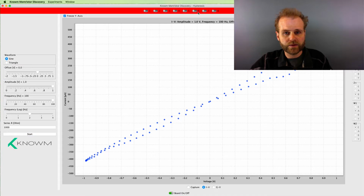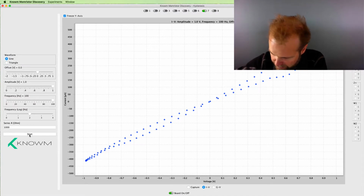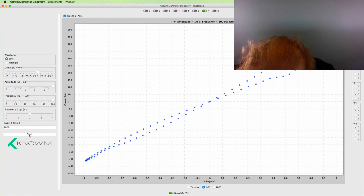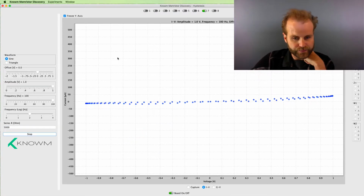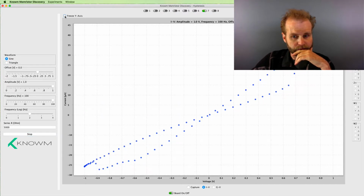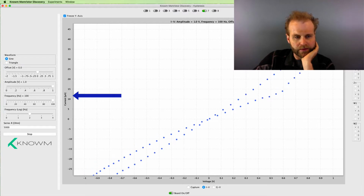Okay, so let's go to device 7, which was stuck high, and let's put the 5K resistor back in. Okay, so let's get back to where we were and start up. Notice that the slope is very shallow, so this is a very high resistance. Let's rescale the axis. Okay, so we have a memristor here, but notice that we're in the microamp current range,